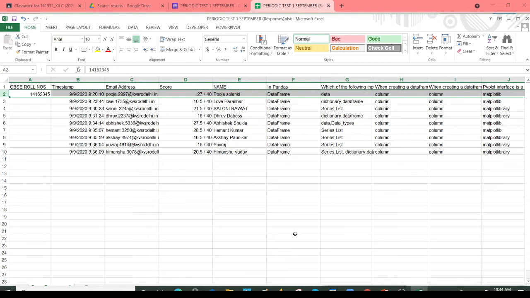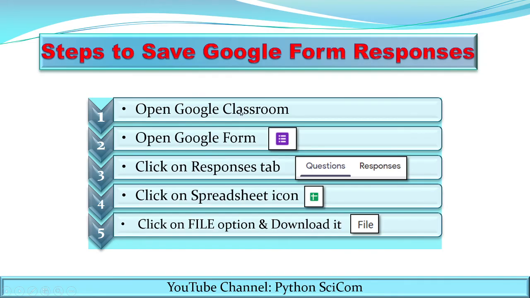Now just recall what we have learned. First of all, we have to open the Google Classroom. After that, you will open the Google form from where you want to download the responses. When you open the Google form, you will find there are two options, the questions and the responses. You have to click on the responses. When you open the responses, you will find the spreadsheet icon.